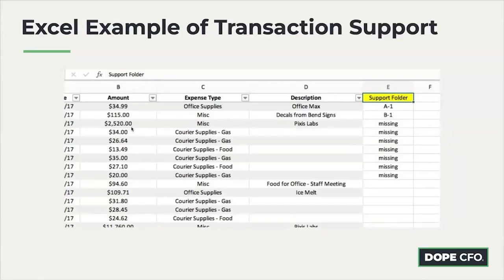And so this is just an example, there may be 1,000 transactions, but I think this was an actual one we had. This goes way back, but it says missing over here on the right, missing, missing, missing. I'm going to be like, okay, the one that's missing that's 2,520. And again, it depends on size. If this is a $10 million company, I may not even care about the 2,500 one. I'm definitely not going to care, if I'm tying out an old year, about tracking down every $30 invoice.